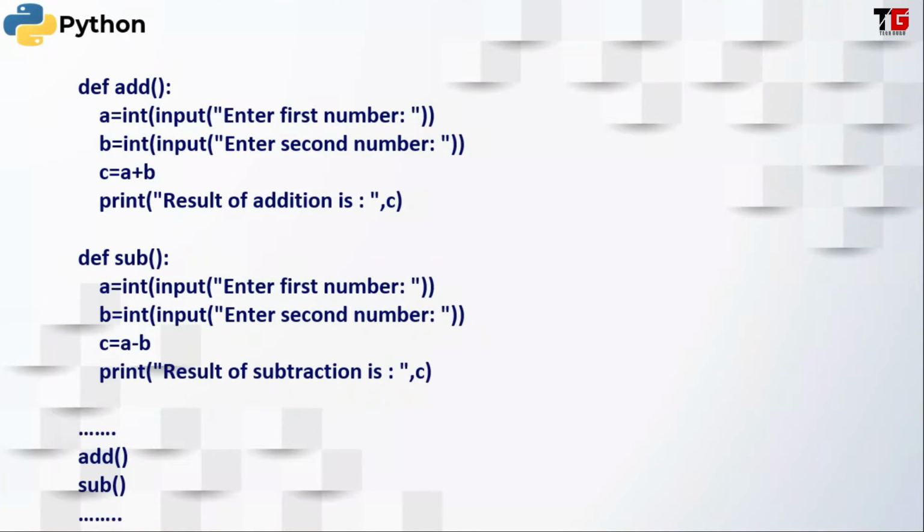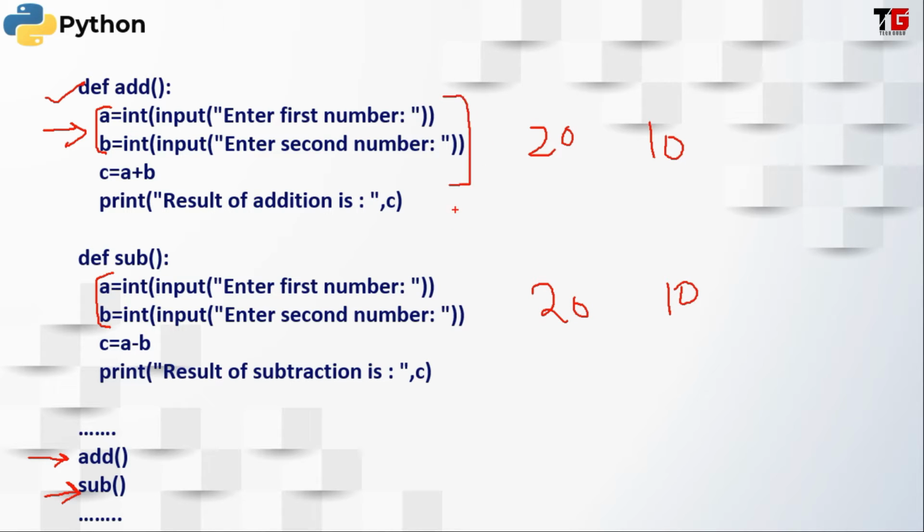One more thing. When we created the calculator, we called the add function, then we called the subtract function. In both the functions, these two numbers are accepted again and again. But if I want to add two numbers, 20 and 10, and then subtract the same numbers, I still have to enter these numbers two times. That is a problem. Can it be possible that we accept these numbers in the main and pass these numbers to the add and subtract functions? Let's see.